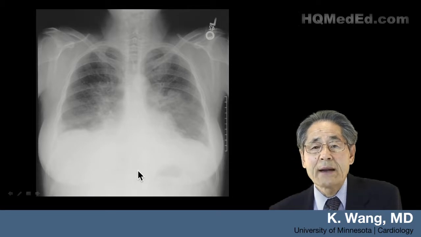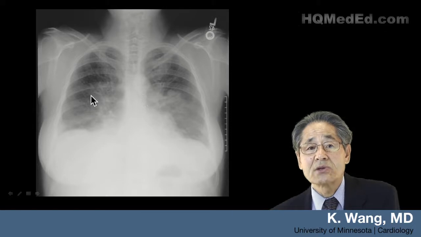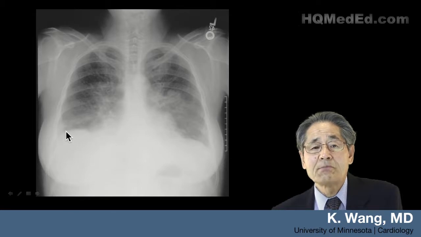So this is a bilateral subpulmonic effusion as a manifestation of a congestive heart failure in this patient. I cannot explain why some patients maintain sharp costophrenic angle while many others will have either meniscus or blunting of